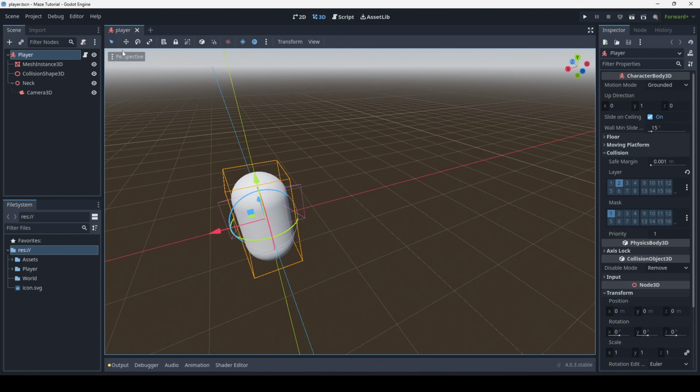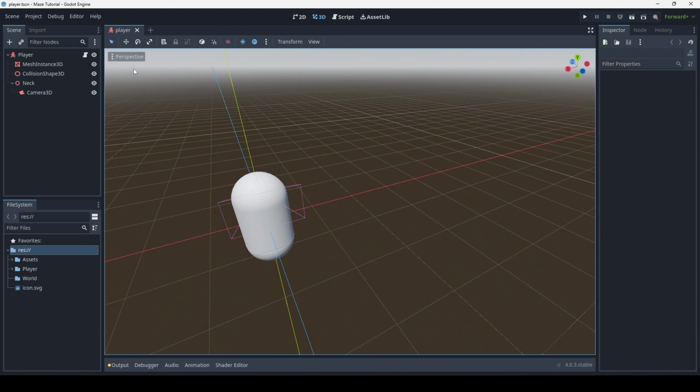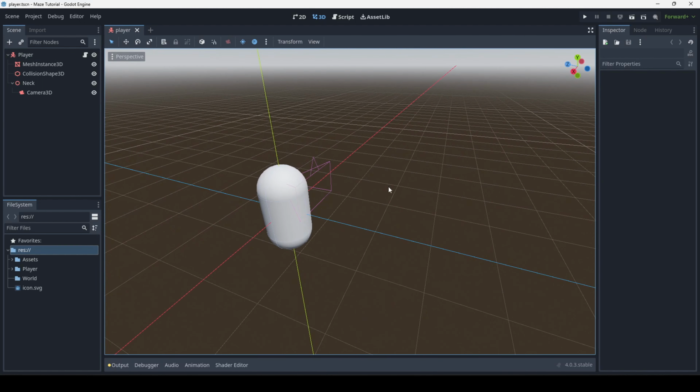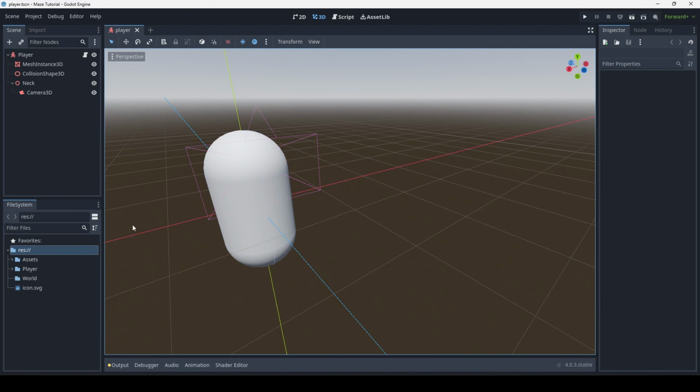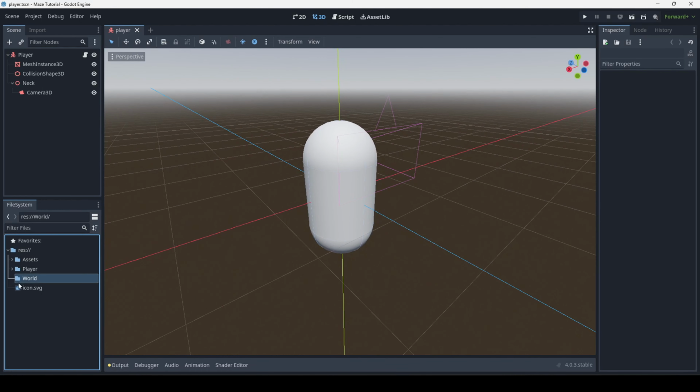And scenes are basically a way to store nodes, a group of nodes, I'd say, into one place, and you could put them anywhere. So today you'll finally be able to understand exactly what I mean, and let's just get started. So in the world folder,